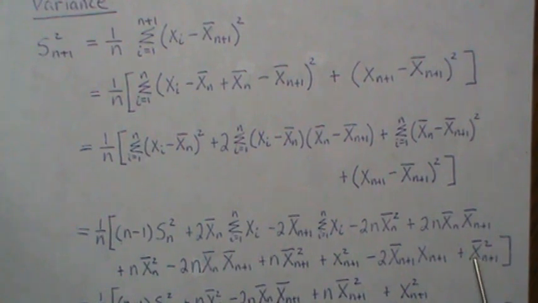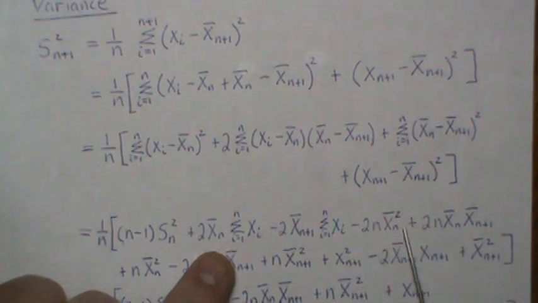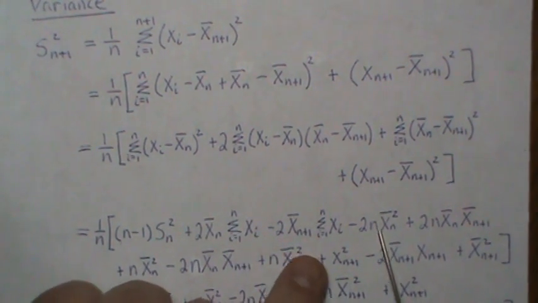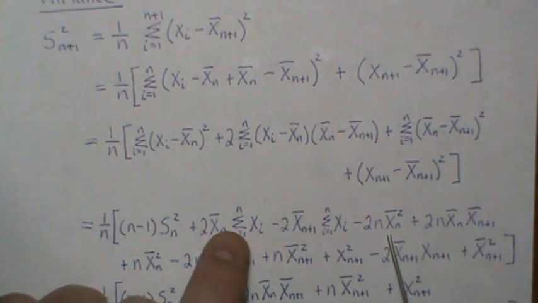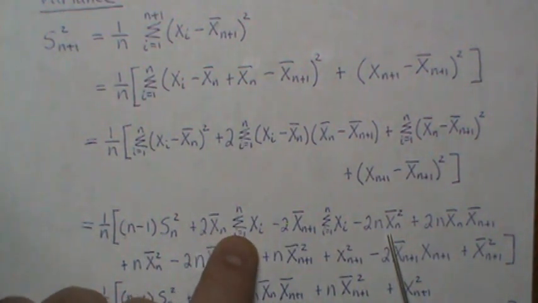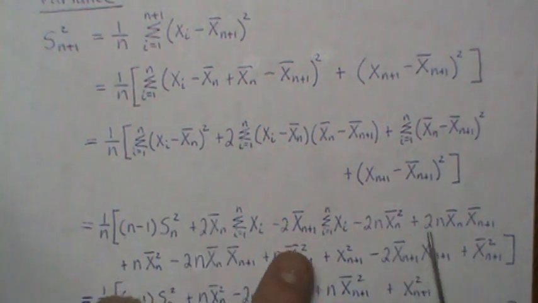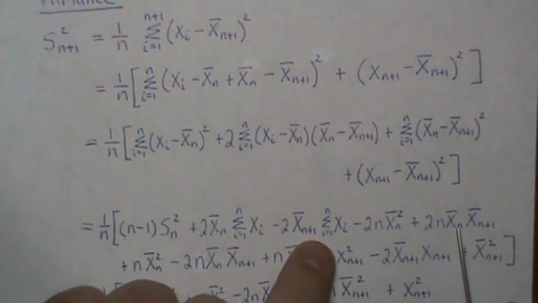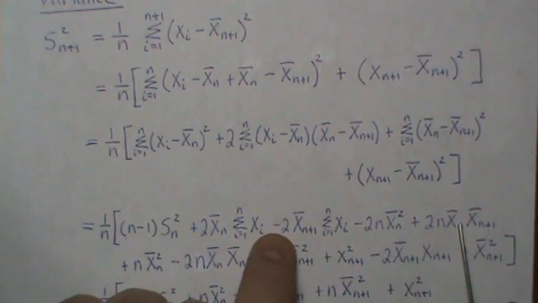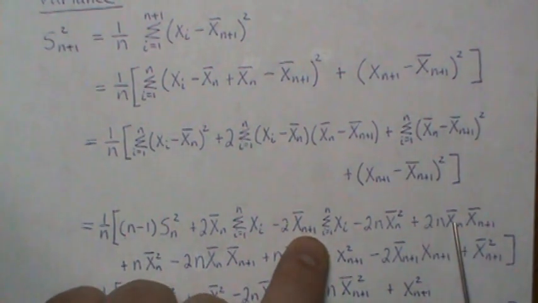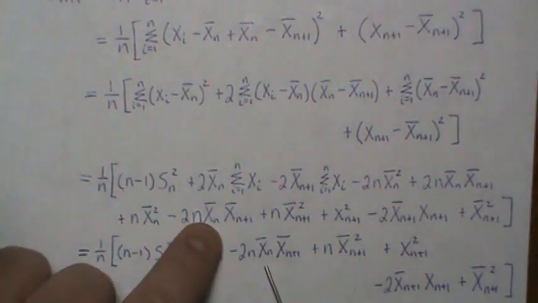Then we note that these 4 terms here all cancel. If we look at these 2 terms, if we divide by n and multiply by n, then that's x n bar squared, which is what this is. There's 2n of them, minus 2n, they cancel. And the same argument goes for these 2 terms. Multiply and divide by n, then it's this. So you get minus 2n of them and plus 2n of them, and they cancel. So let's carry these down. So that goes here, there,